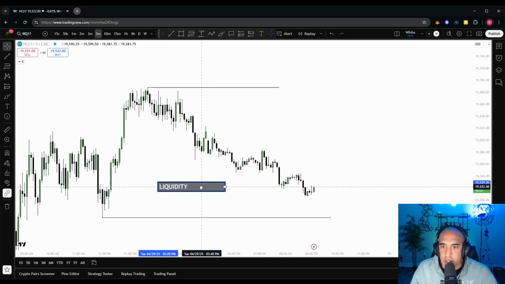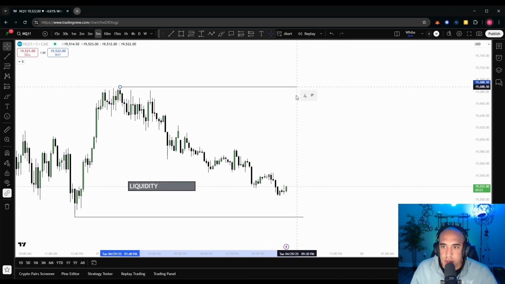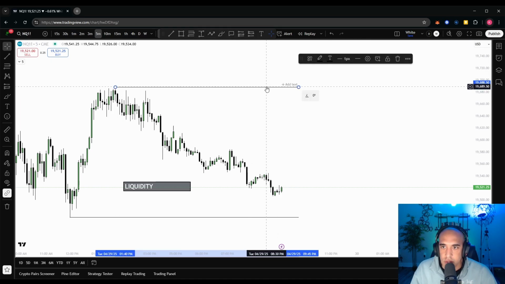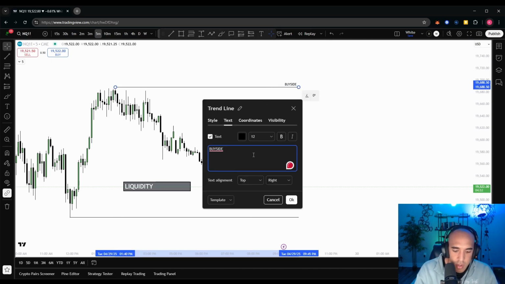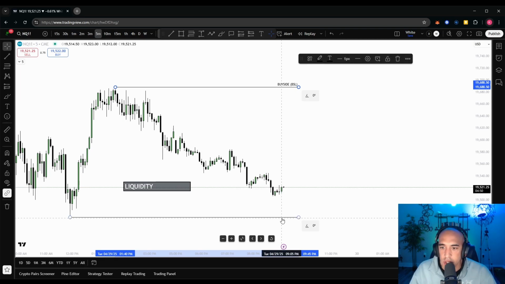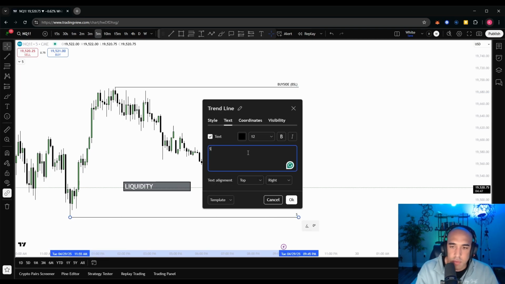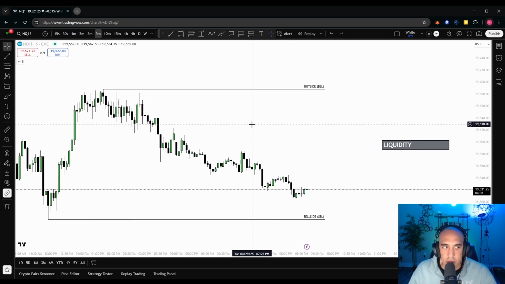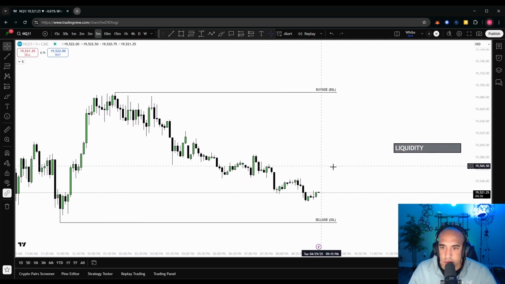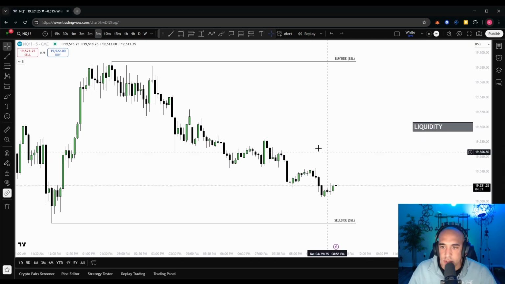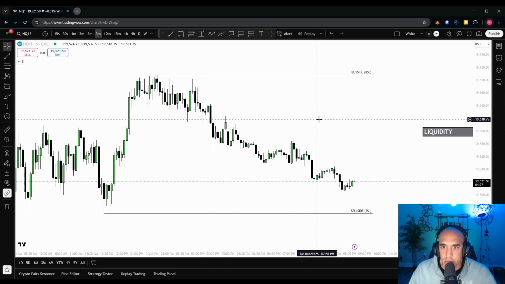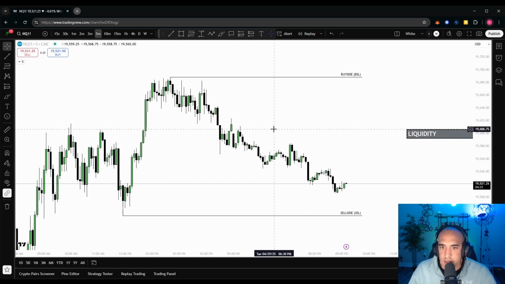When it boils down into a nutshell, there are really two types of liquidity. You have liquidity on the upside, also known as buy side liquidity or BSL. And then you have liquidity that rests on the bottom, which is your sell side or SSL. Now it goes an extra step further. You also have external and internal liquidity. One way to keep it simple is to narrow your focus on where you're trading. Right now I'm on the 5-minute chart, and this is pretty much all I can see on my screen.